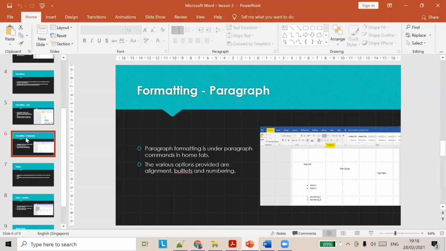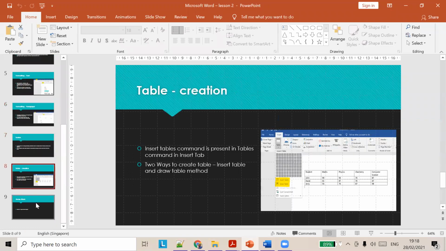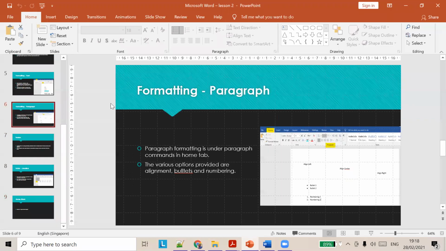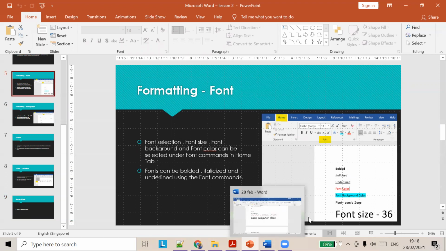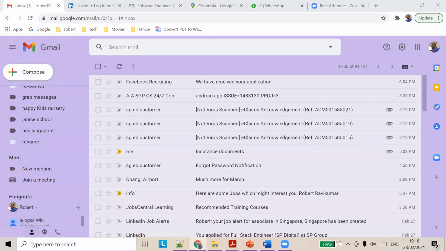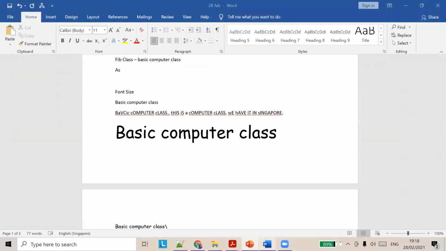So let's see formatting, paragraph, tables. Now we'll see how to make fonts bold.